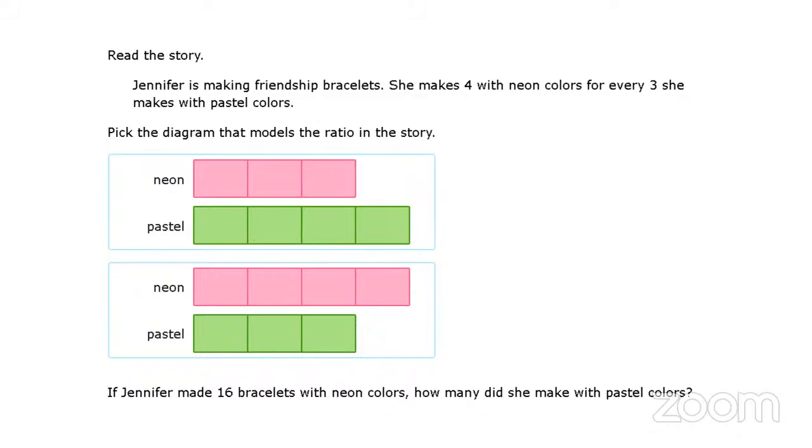So go ahead. Think about friendship bracelets. We may have made some for our best friends or so on. So we're talking about just some bracelets that are unique and special for you and your friend. Now she makes 4 neon colors. So for every 4 neon colors she has on a bracelet, there are also 3 she makes with pastel colors. So let's pick. We'll call the first one A. We'll call the second one B. And we can call them diagram 1, diagram 2. It's up to you. All right, so go ahead, think about this and start